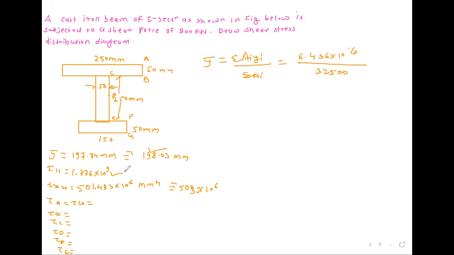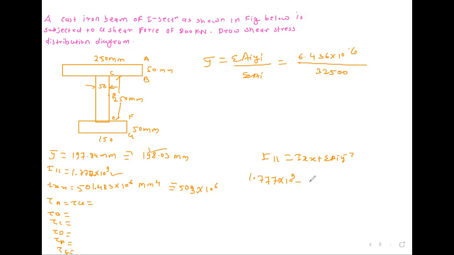1.773 into 10 raised to 9. Okay, so here it is 7 instead of 6. This is I11. Summation of Ixx, our equation I11 is equal to Ixx plus summation of A i y bar square. So I11 is 1.777 into 10 raised to 9